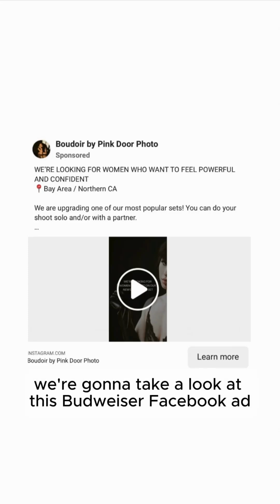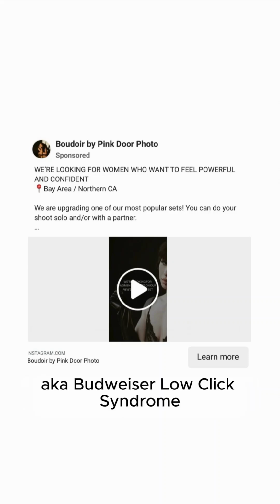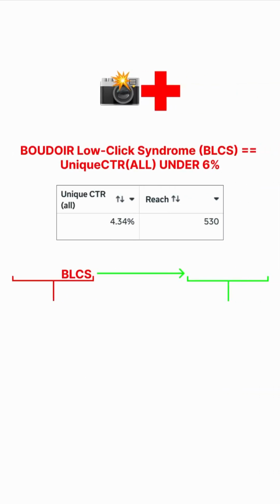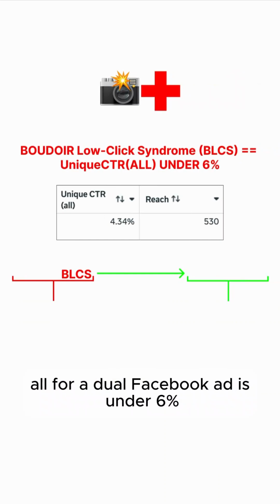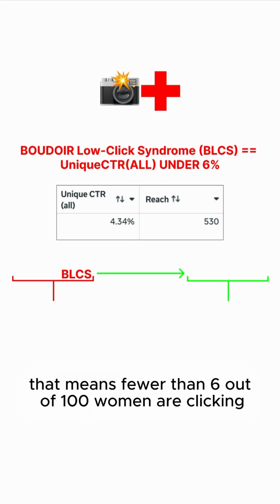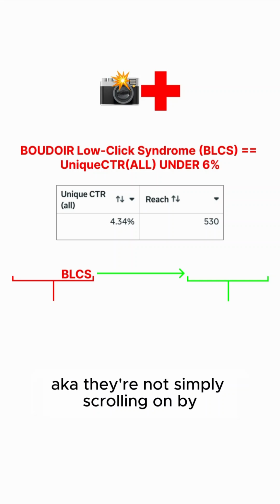All right, y'all, we're going to take a look at this Boudoir Facebook ad. We're going to diagnose it, see if we believe it has BLCS, aka Boudoir low click syndrome. Boudoir low click syndrome is when the unique CTR all for a Boudoir Facebook ad is under 6%. That means fewer than 6 out of 100 women are clicking anywhere, somewhere on our ad, aka they're not simply